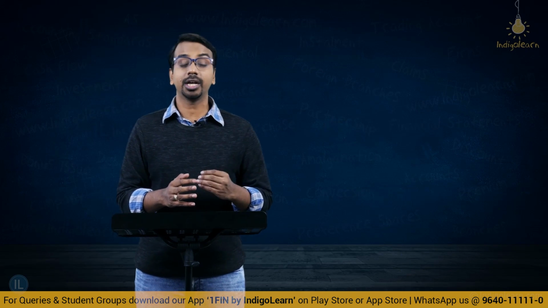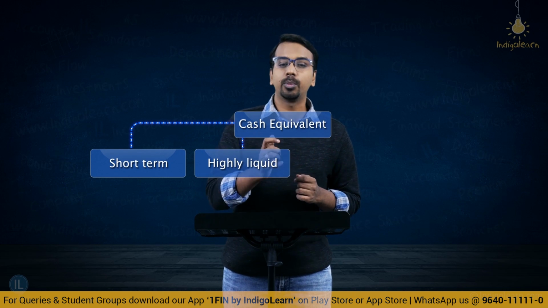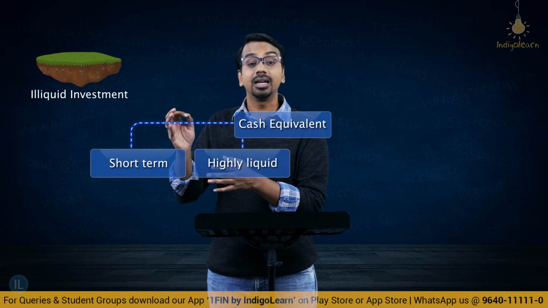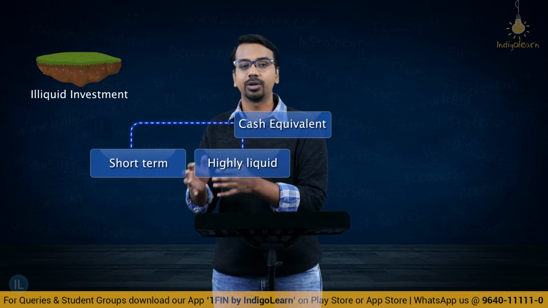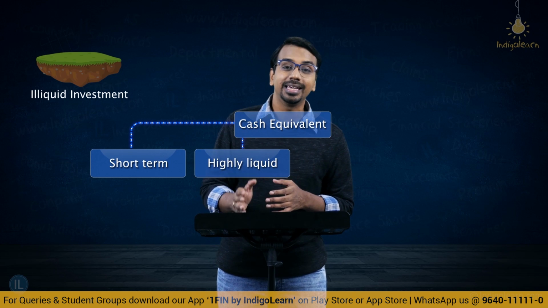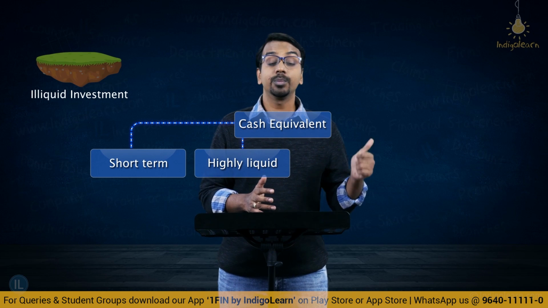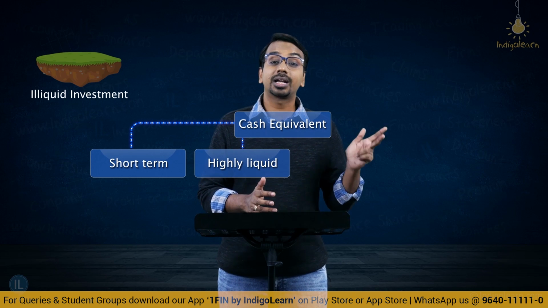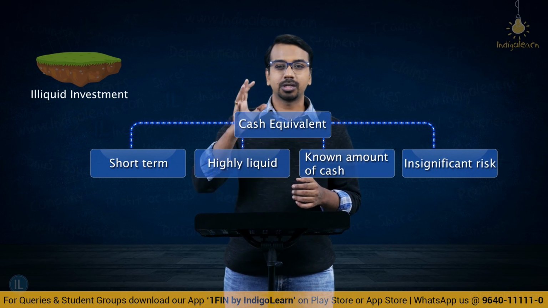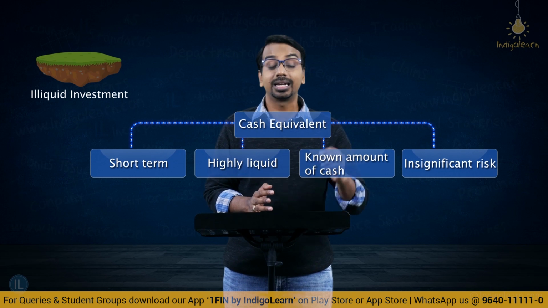So what are the 4 things you have to check? Short term, highly liquid. Highly liquid means you must be easily able to convert that into cash. Something like, if you invest in land, is land a liquid investment? No, land is not a liquid investment because you will not be able to convert a piece of land into cash very easily, right? So that is an illiquid investment. So you have to consider short-term liquid investments which can be converted into a known amount of cash, meaning to say you must be 100% sure or 99.99% sure of the amount you will get when you convert